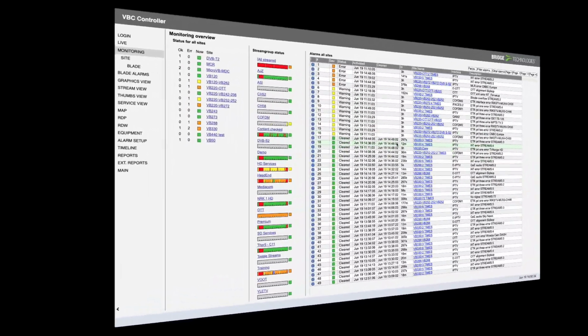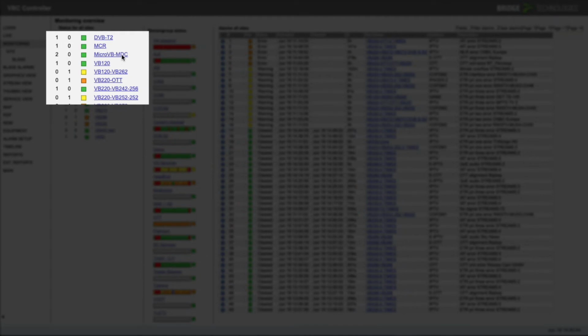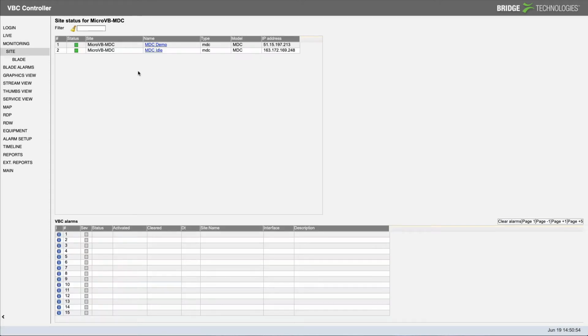Okay, so here we are at the demo system in Oslo. As you can see, the MicroVB and MDC appear as a site, as I described earlier. So it's one site amongst many sites on the VBC. So just clicking on that brings me up to the MDC site itself, and you can see that we actually